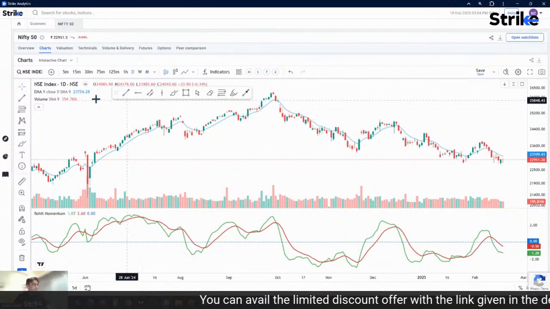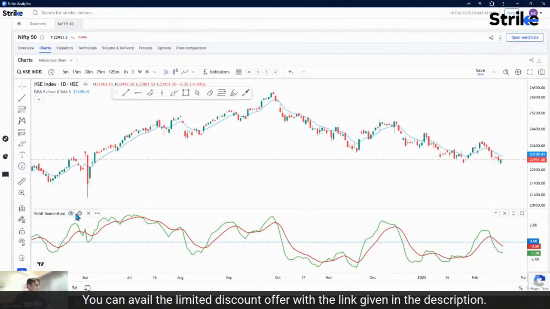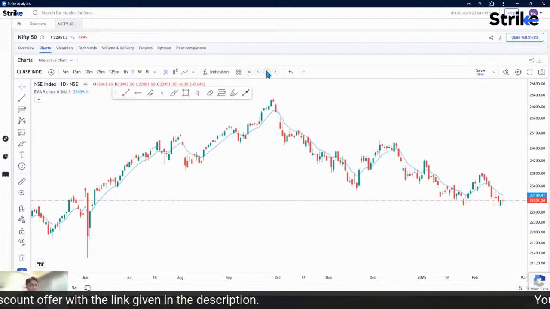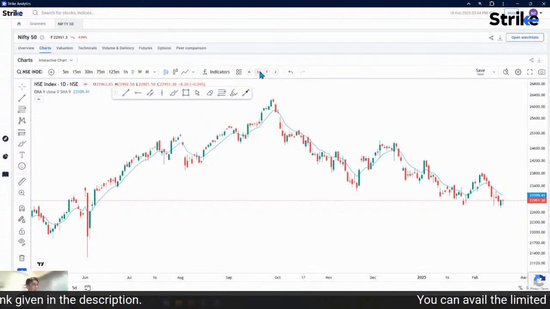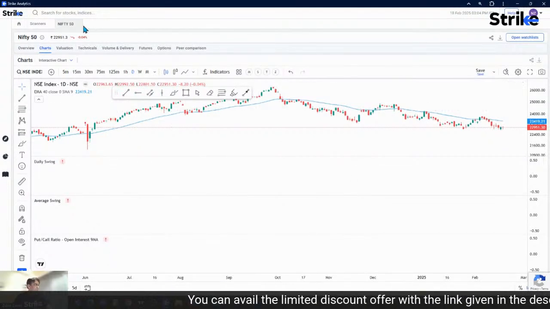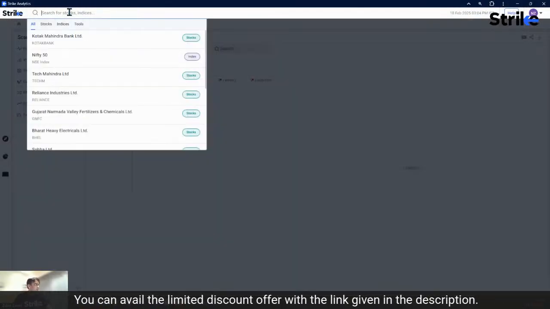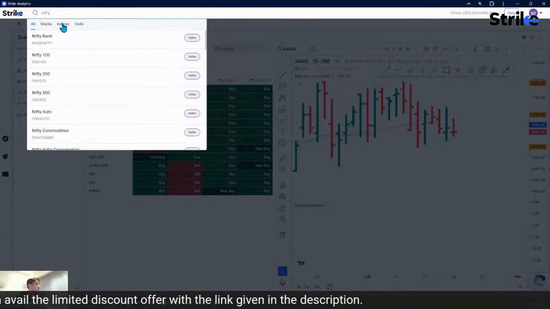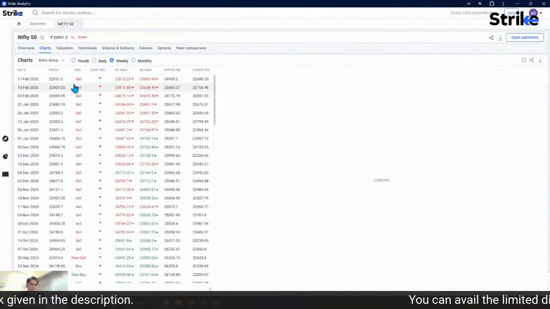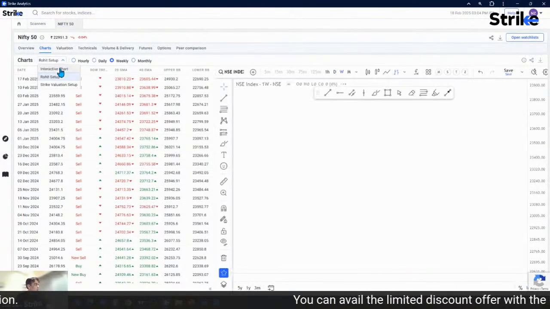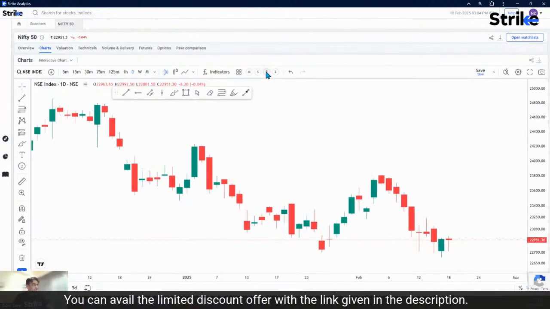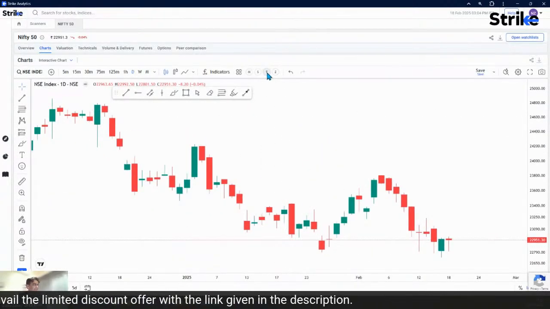Now let's suppose you remove these indicators once again, and now you simply click on T. Those templates will be loaded once again. Just a minute. I'll close this and open up a new page. All right, Nifty 50 and say charts. On the charts, you come to the interactive chart, and in the interactive chart, you click on T, and as soon as you click on T,